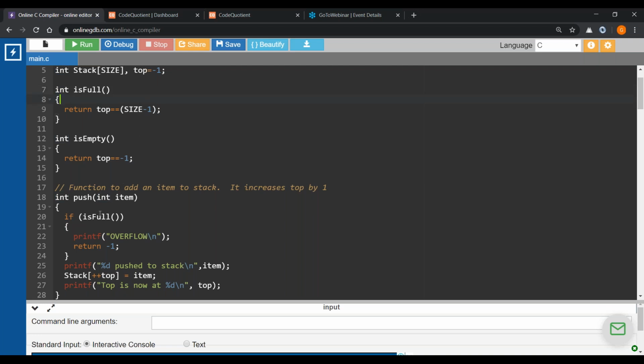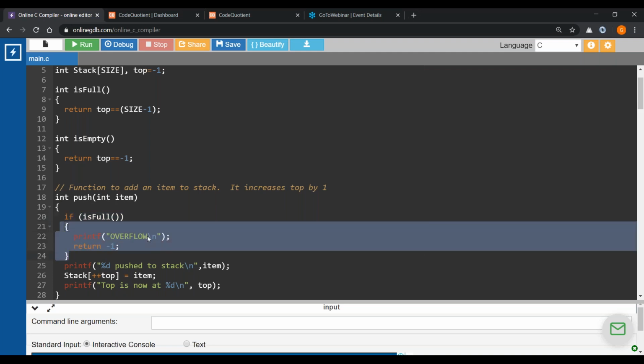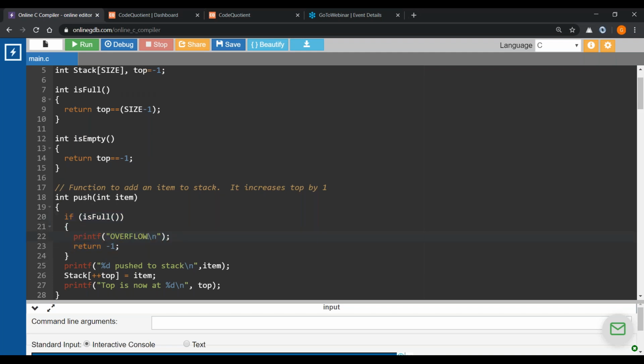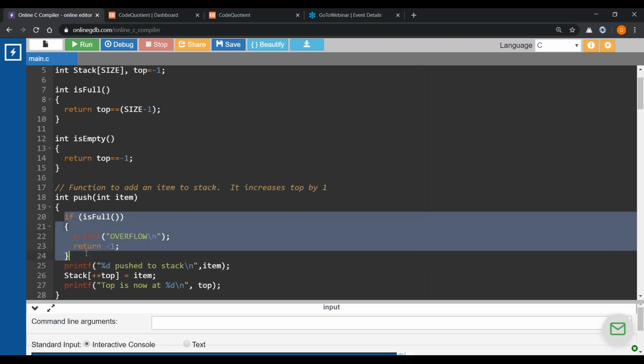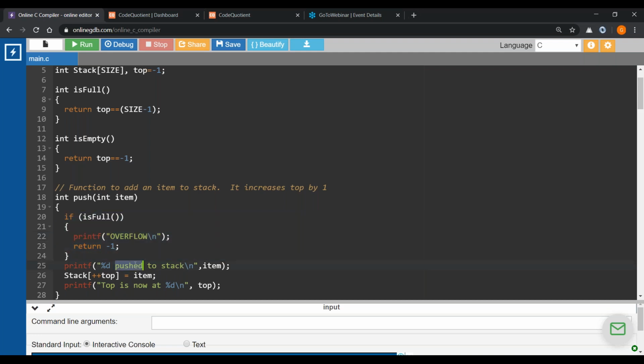So that comes over here to this particular line in the if case. And in the if case, we learned that 0 will be taken as false, and any other value will be taken as true. In this case, it returns a 0, so the if will receive 0. If it is 0, that means this is false. If this is false, it won't execute this, that means it won't execute the overflow message. This will be bypassed, so it will come over here.